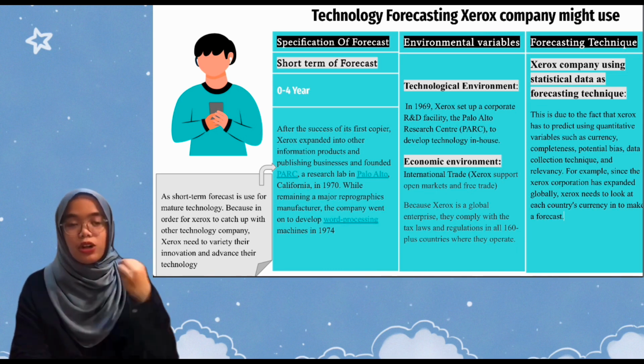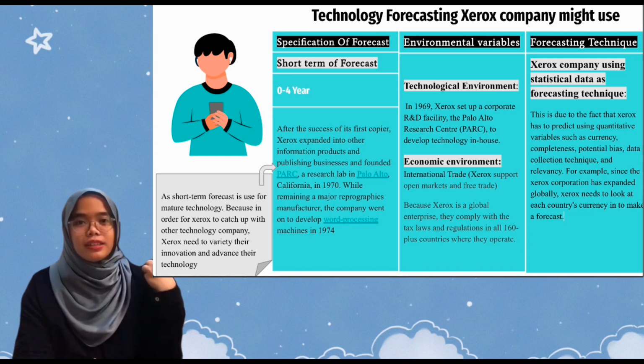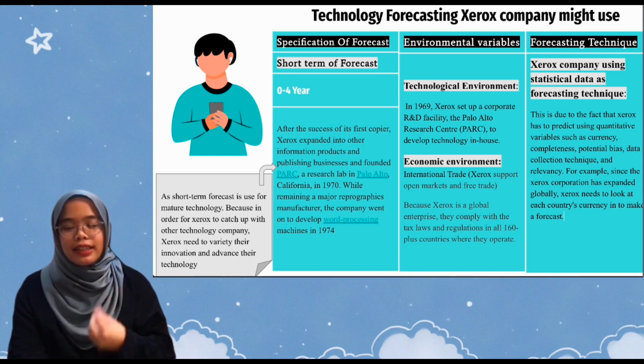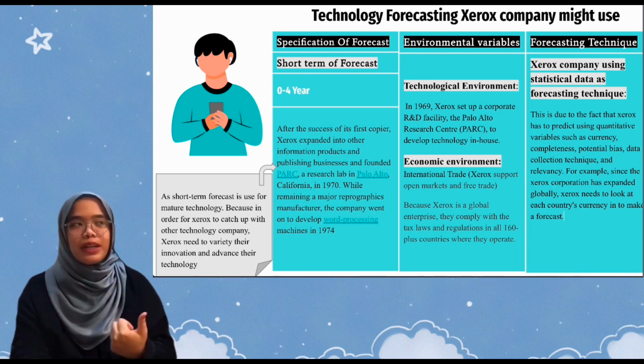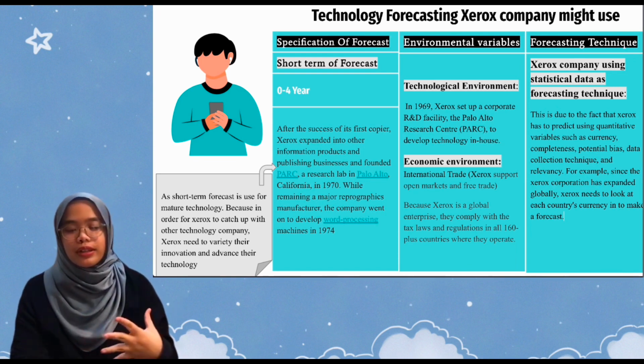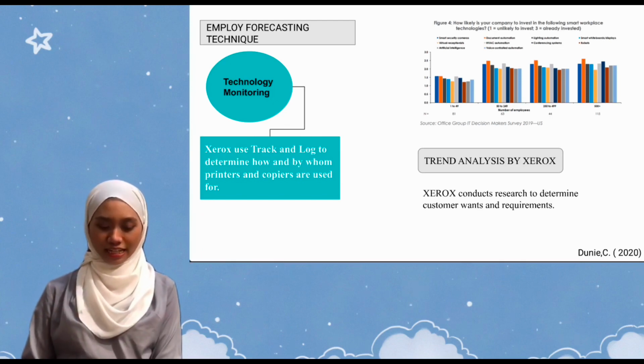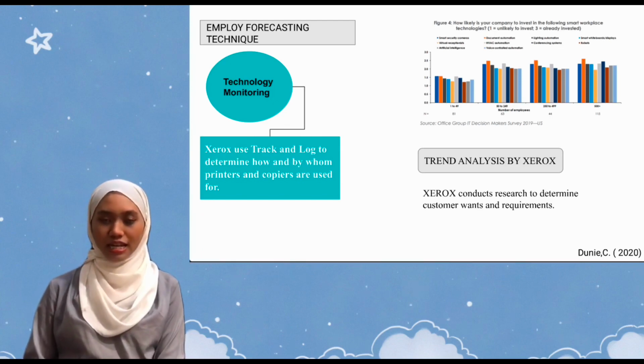Meanwhile, for the economic environment, they comply with the laws. Equally important, statistical analytical data is the forecasting technique. They have to predict things like currency or data collection. For the fourth process, which is employee forecasting technique, by technology monitoring, the Xerox company uses track and login to